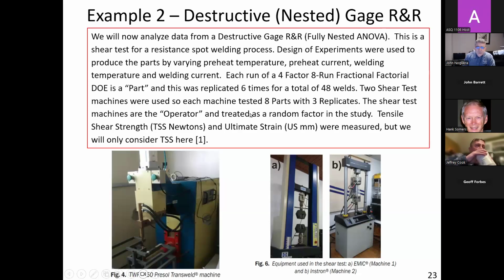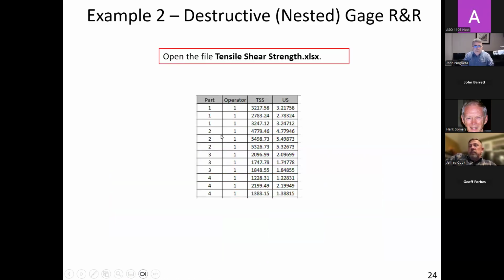And 2 shear test machines were used, and each machine tested 8 parts with 3 replicates. The shear test machines are the operator, and they were treated as a random factor. In order to get variance components, the easiest way to do that is to treat it as a random factor. But this is what they did in the study, so we're just going ahead with what they did in the study. Tensile strength in newtons is the measurement that will be used. So we have tensile shear strength, the data,